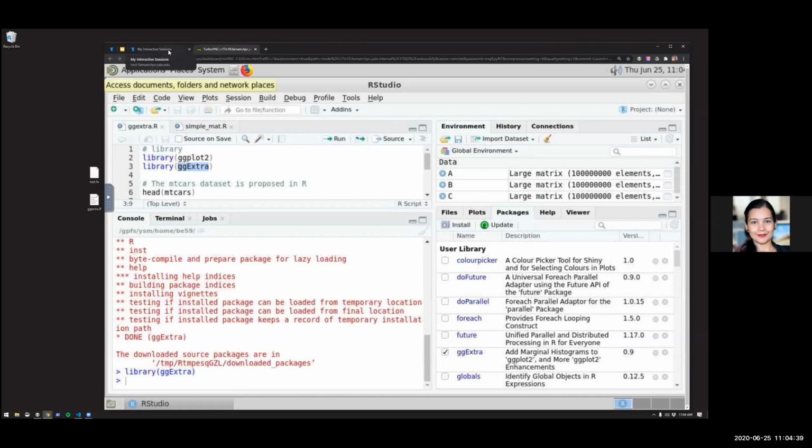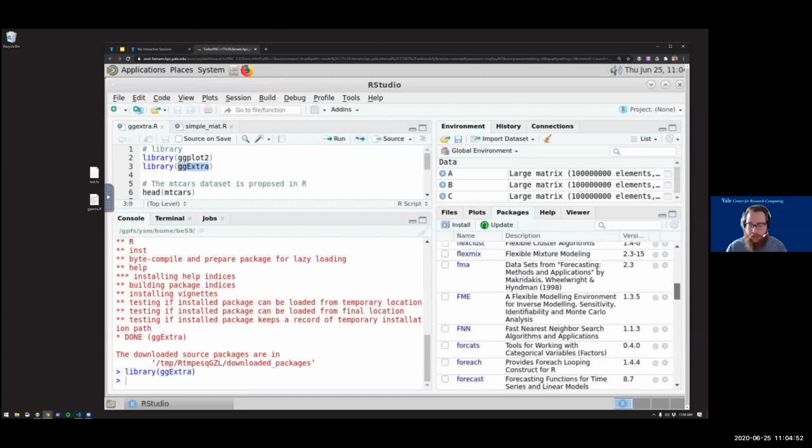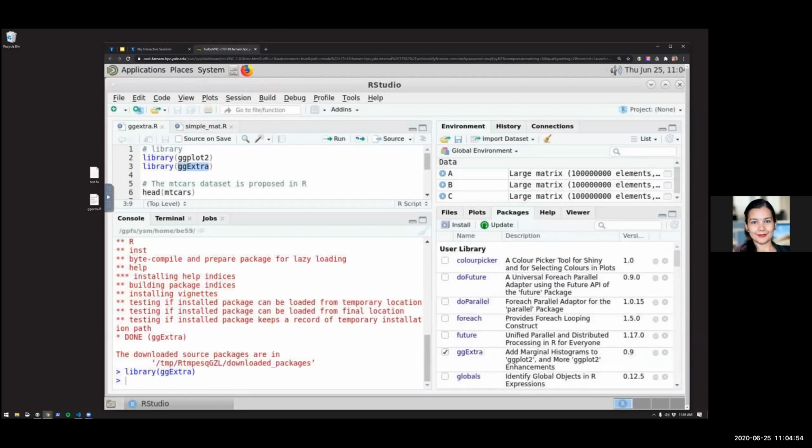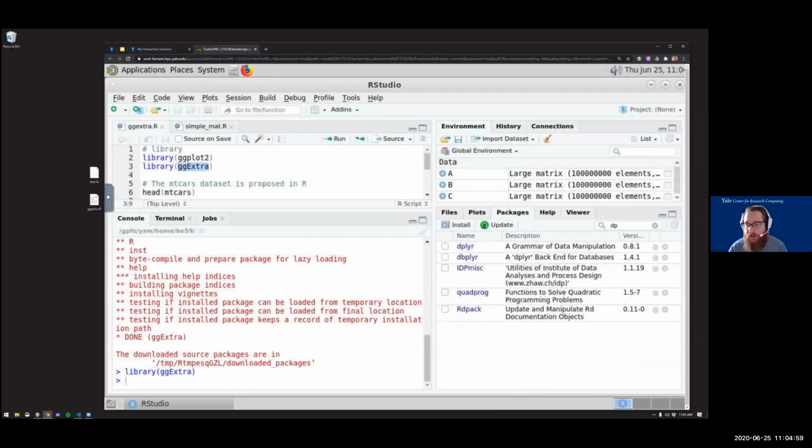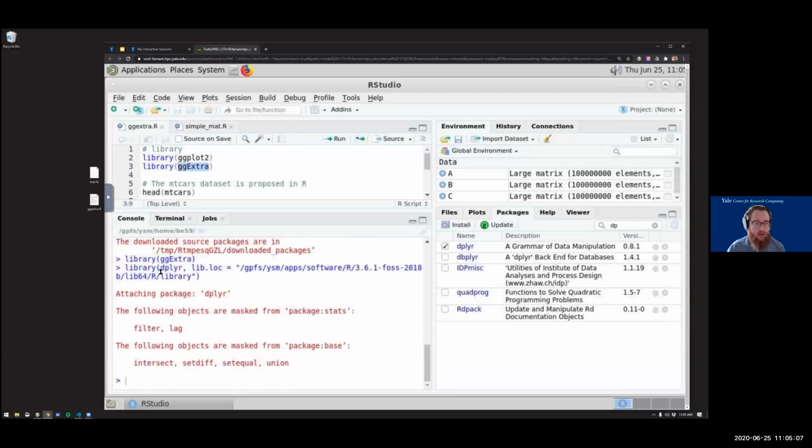Ben, I think there is a question also from popular packages such as dplyr, if those are installed by default. Let's see. Are there base packages that are already installed when we launch our tidyverse system? I don't think we install by default. Oh, okay. So we have a version of dplyr available. If you wanted a newer one, you can always install it to your personal library, but I can load dplyr, and there we have it.